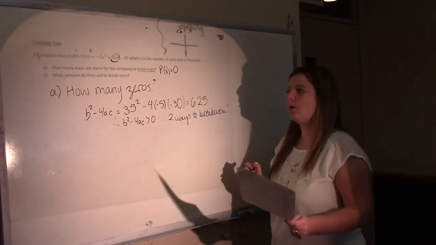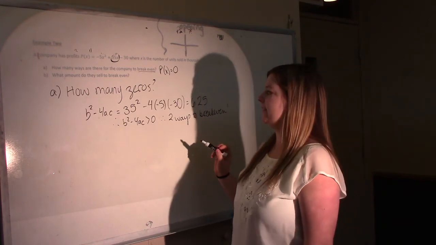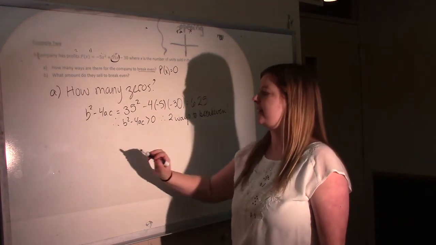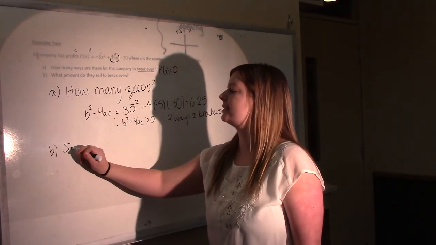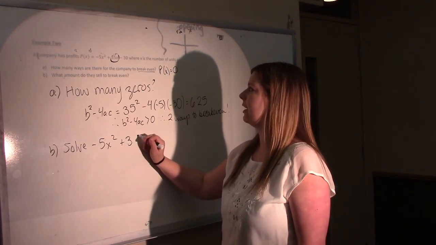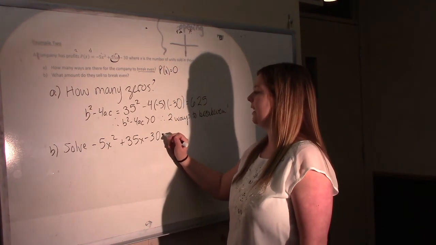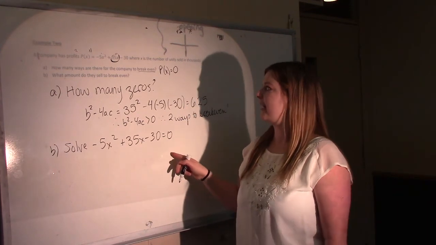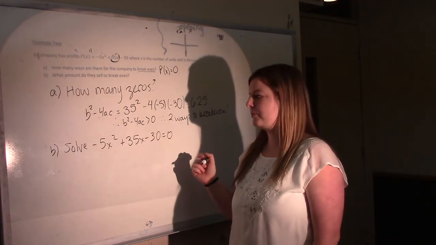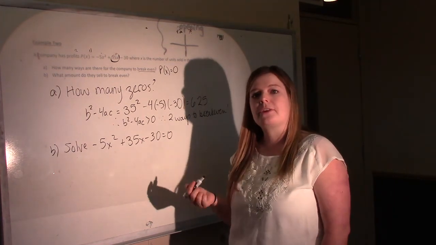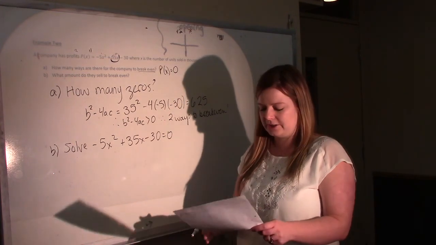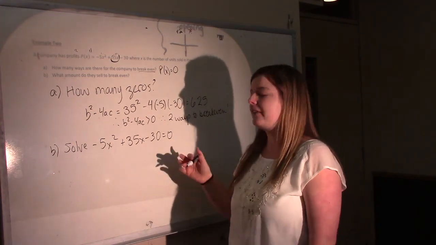Then it's asking what amount they sell to break even. So now it wants us to find the values of x that satisfy this. This is basically asking us to solve negative 5x squared plus 35x minus 30 equals 0. So find the values of x for which this equation is true, so the profit is 0. To solve a quadratic, remember you can factor or use the quadratic formula. This actually isn't too bad to factor because there's a common factor that you can take out of